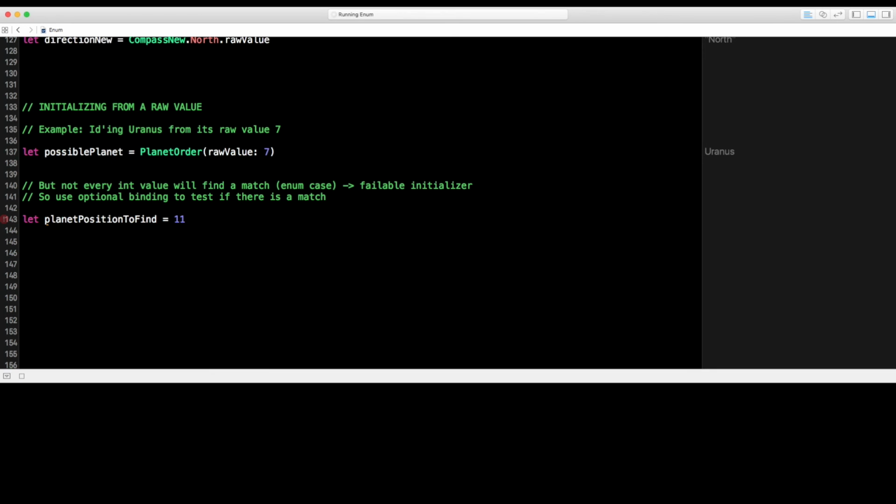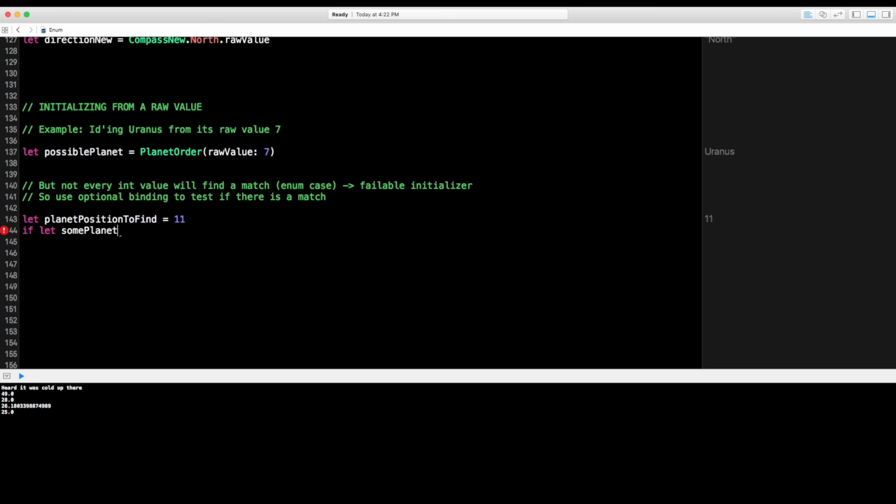Now, we know there's not 11 planets in our solar system, but for sake of argument, let's see if we were an alien who didn't know. If there was 11 planets in the solar system we're visiting and studying, we'll say, hey, is there a planet here? Sorry, I'm having a Star Trek type of throwback here, but